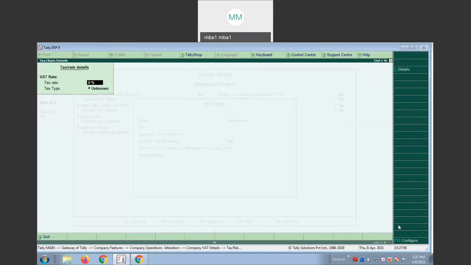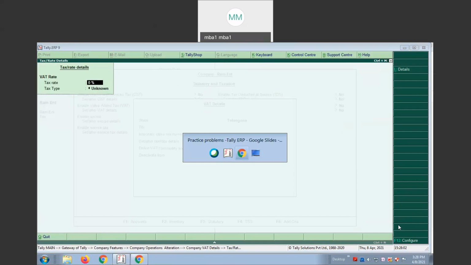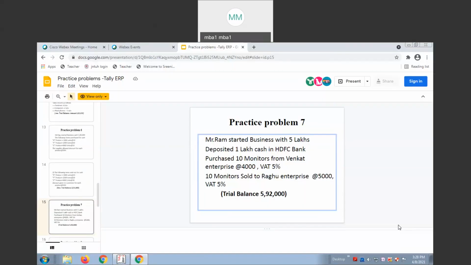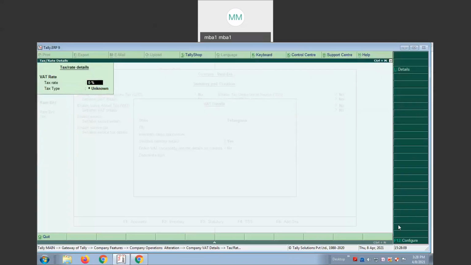Okay. You need to alter the tax rate. So in the problem, what is the value added tax rate? 5%. The value added tax rate you need to give here is 5%.